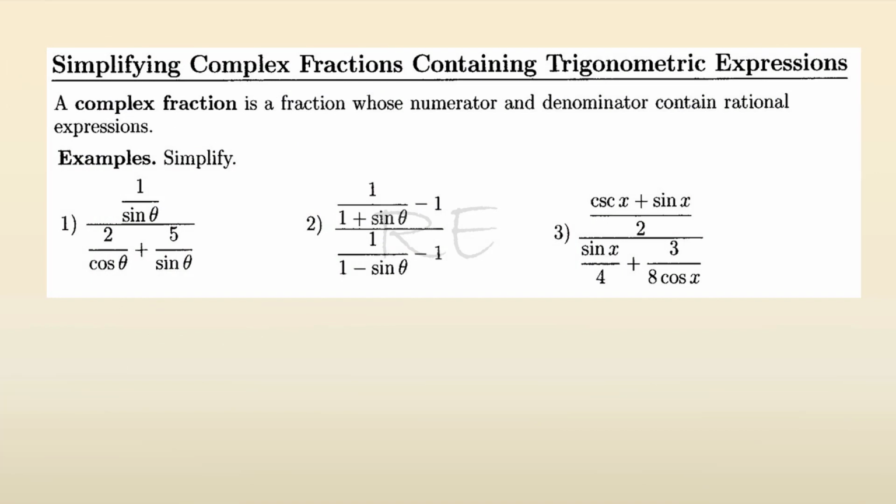A complex fraction is a fraction whose denominator and numerator contain rational expressions. What we need to do is combine the numerator to make a single fraction. In this particular case, the numerator is already a single fraction. Then we'll combine the denominator to make a single fraction. The LCD is cosine theta sine theta. Therefore, the first fraction will be multiplied by sine theta over sine theta,